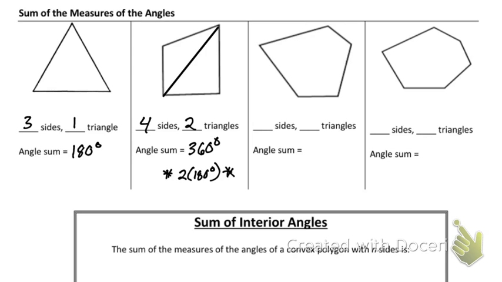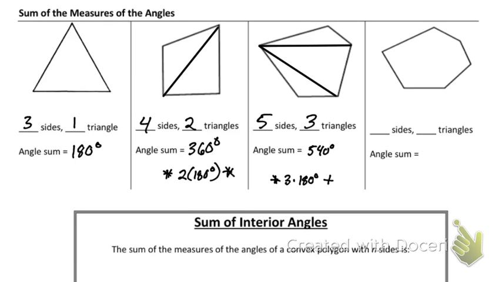All right, our next one has 1, 2, 3, 4, 5 sides. And just from one vertex, I would have 1, 2, 3 triangles. And each of those triangles cuts one vertex and they don't overlap. So what's the angle sum of this one? If I have 3 triangles, what's the sum of this one? 540 degrees. Or in other words, you're just going to go 3 times